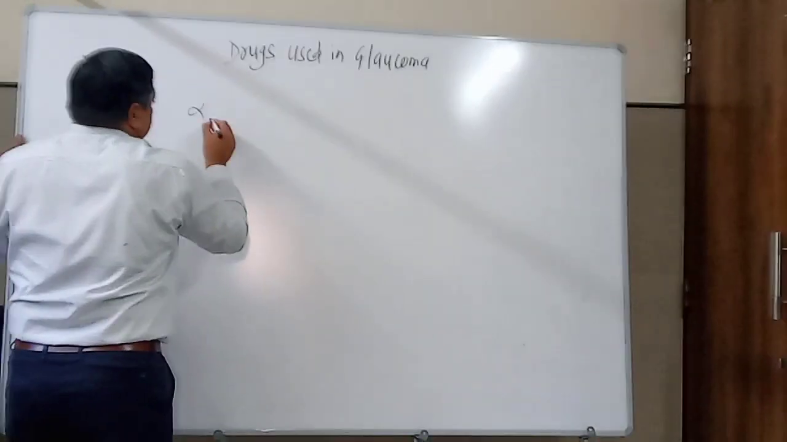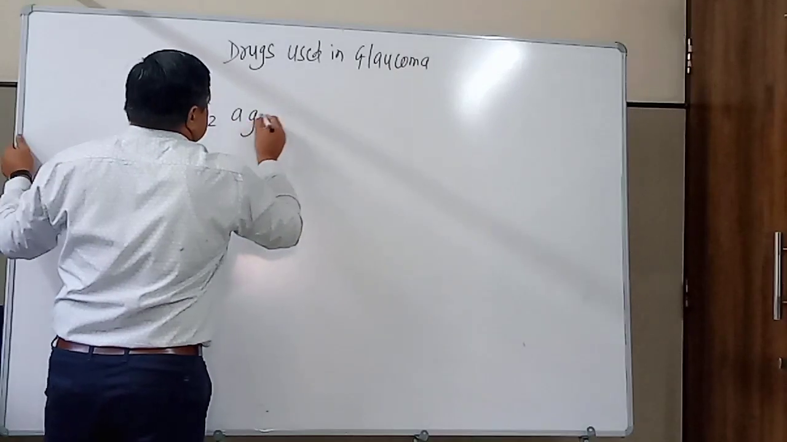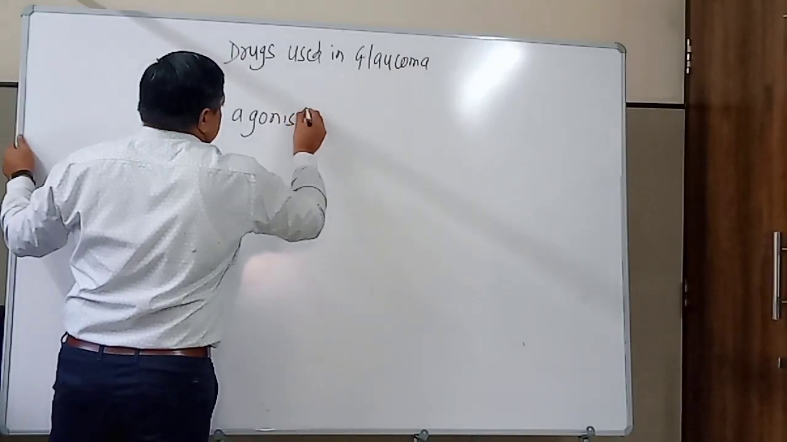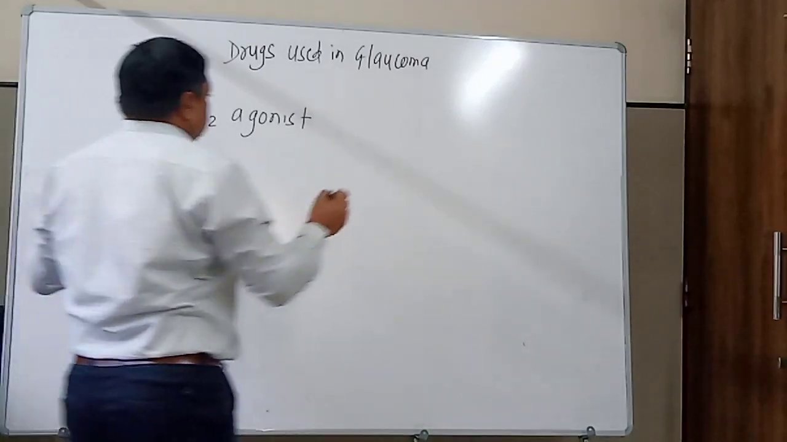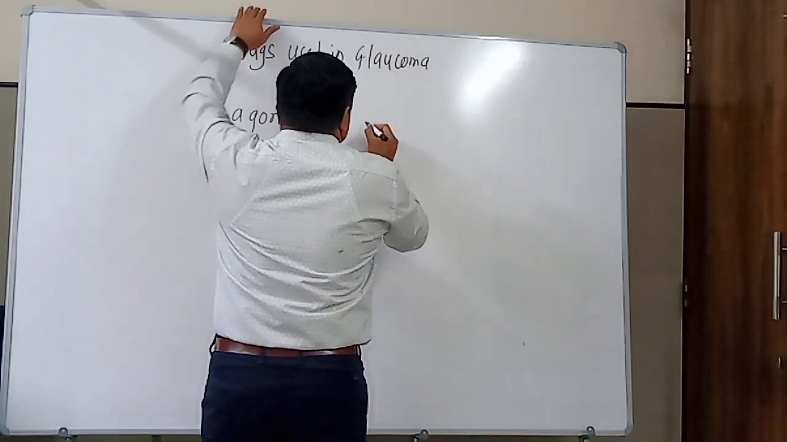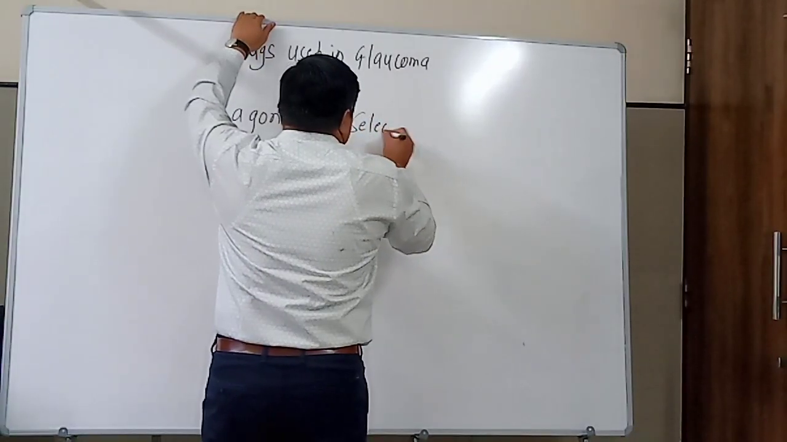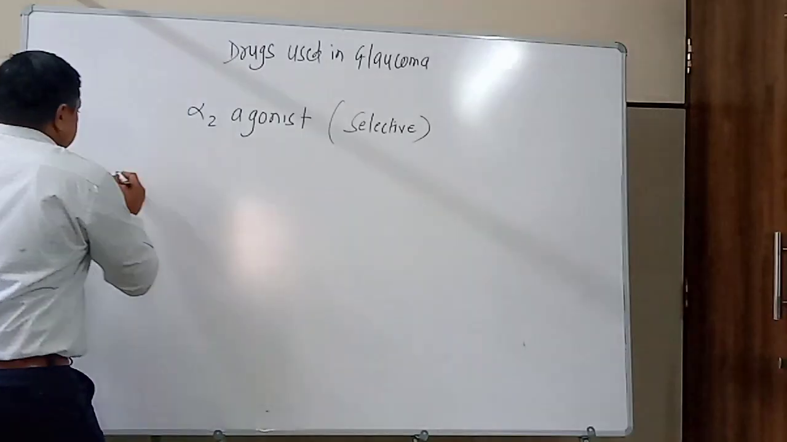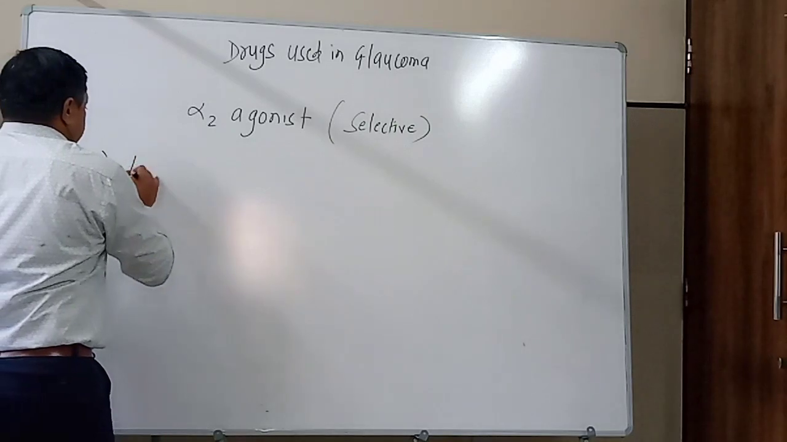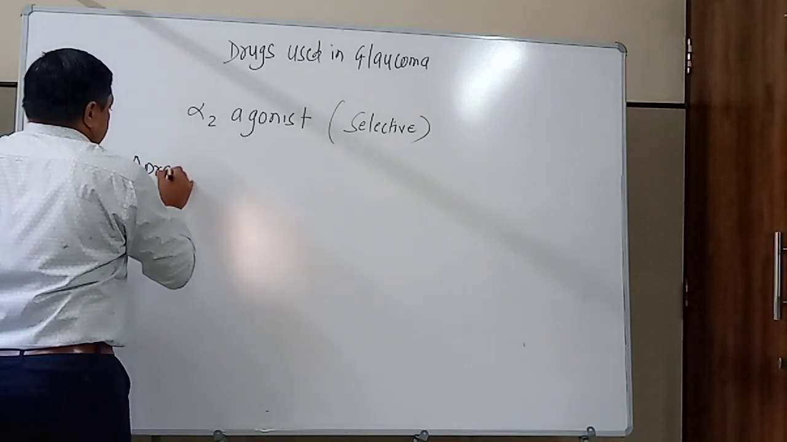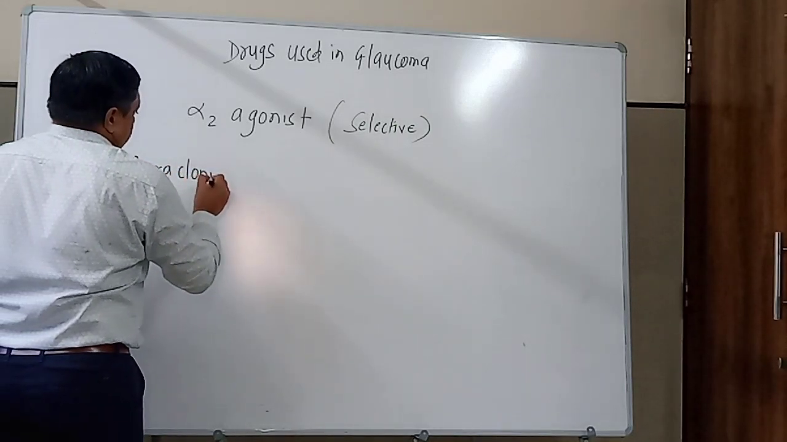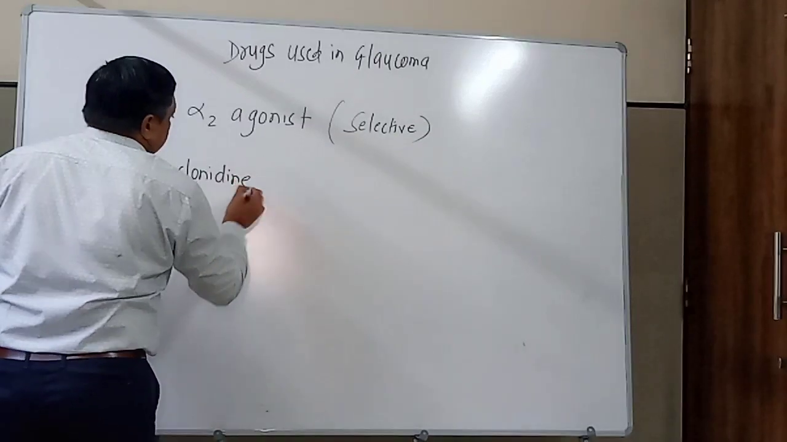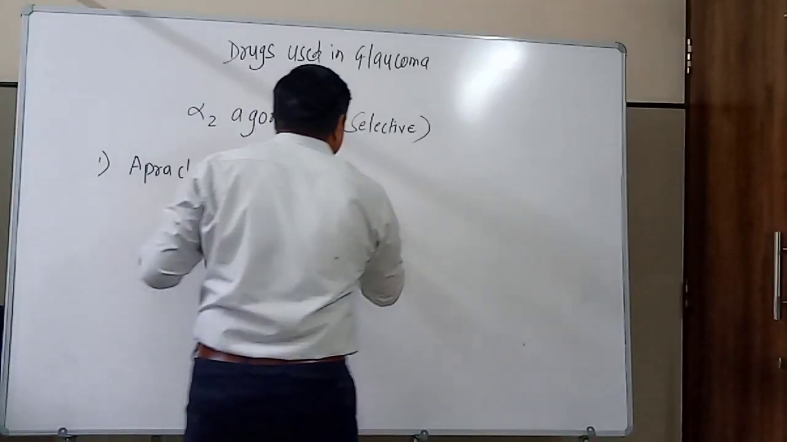Alpha 2 agonist, that is selective alpha 2 agonist. The drugs are apraclonidine, second is